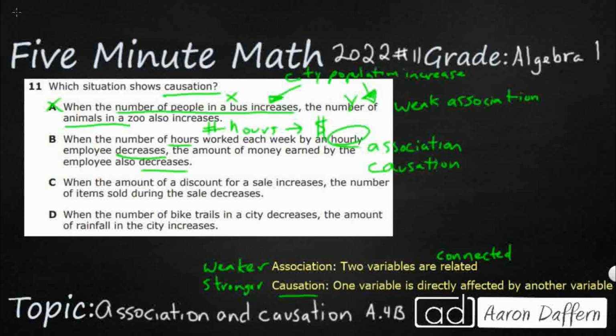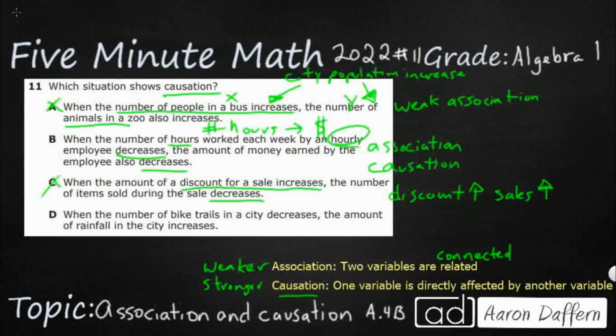C: When the amount of a discount for a sale increases, okay, so the discount increases, so they're taking more off. The number of items sold during the sale decreases. See, that doesn't make much sense. Maybe there's a negative association here. When the discount increases, this is what I would expect: the discount goes up, I would expect the sales to go up. So it's the exact opposite, right? When the discount decreases, the sales would decrease. But those two,